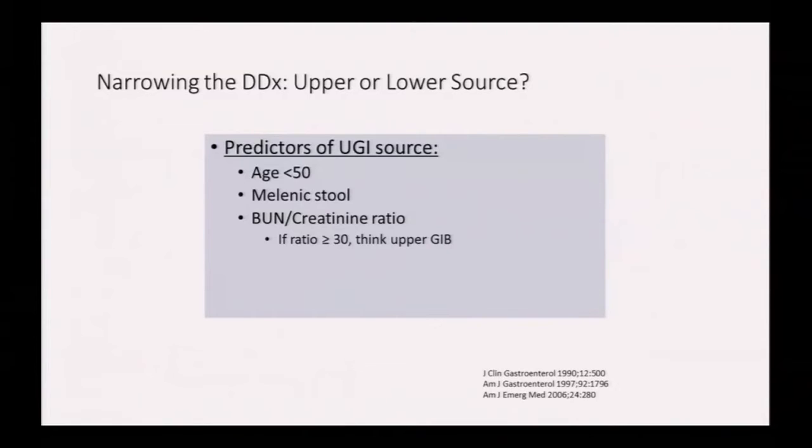Okay, so how do you know if something's an upper GI source? Well, age less than 50 would be an upper GI source. Melena would be it. And also the BUN to creatinine ratio can be very helpful, right? If the ratio is greater than 30, think upper GI bleed. So if somebody's BUN is high, that can be a sneaky tip-off that it's an upper GI bleed. It's actually interesting. There's a debate about whether it's the blood that causes the high BUN. There was a horrible pre-IRB